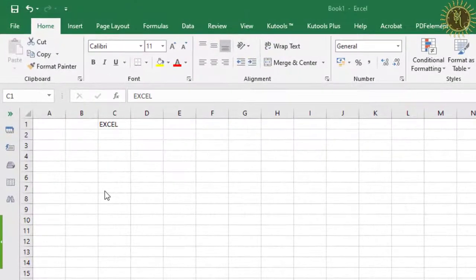Now the next point is formatting cells. Let us see how to do the formatting of text. Before doing any formatting in a cell, make sure that the cell in which you want to do the formatting has been selected. Now this cell is selected and now we will do the formatting.